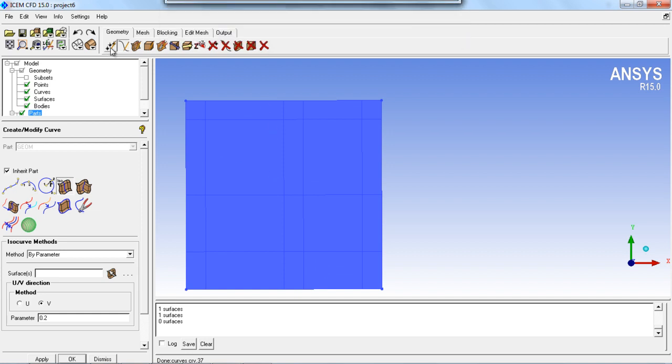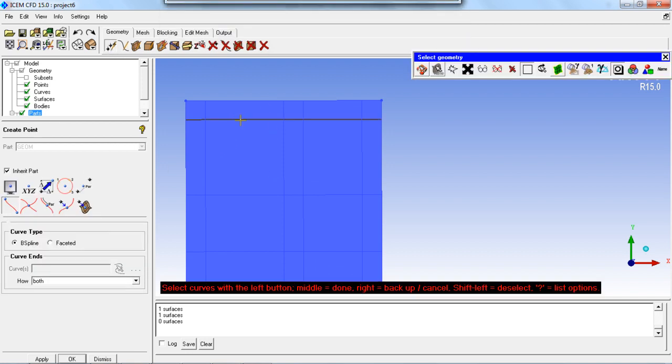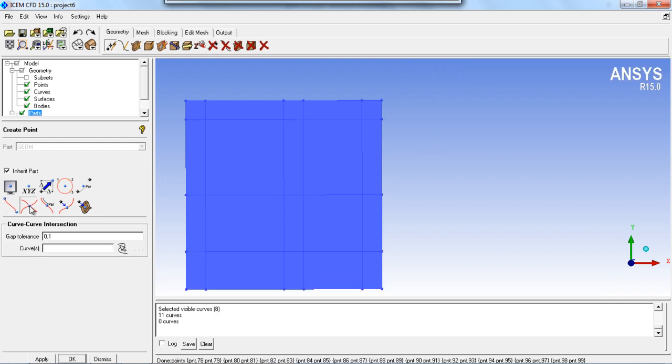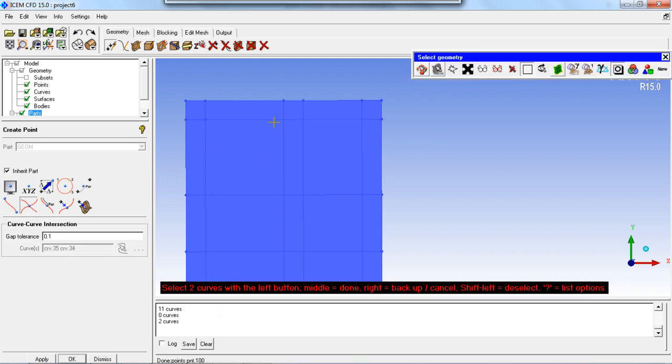You can get the points at the end of these curves. Okay, you can get the point at the intersection of these curves.